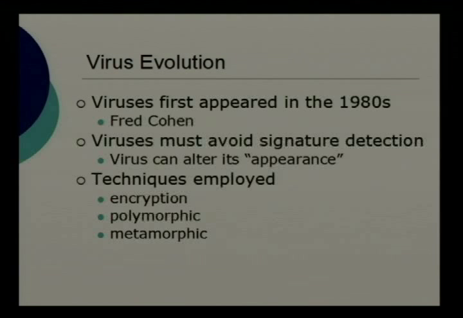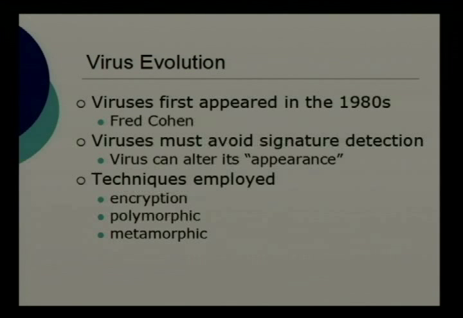Okay, so just a few quick words here about the evolution of viruses, and then I'll turn it over to Wing, and she'll get to the real substance of the talk here. Viruses and worms are not new things, okay? They've been around since the 80s, which is ancient history in the computing world. And once they got started, it pretty quickly became the game that the defenders are trying to discover a signature, okay, a signature that they can latch onto, some sort of common feature of the virus or worm that they can pick out and identify. Well, okay, the writers of these viruses and worms realize that too, and that's the game, so they're going to try and hide the signature.